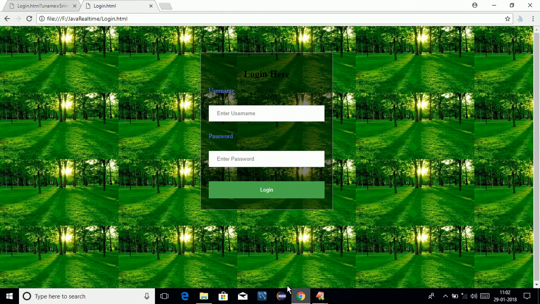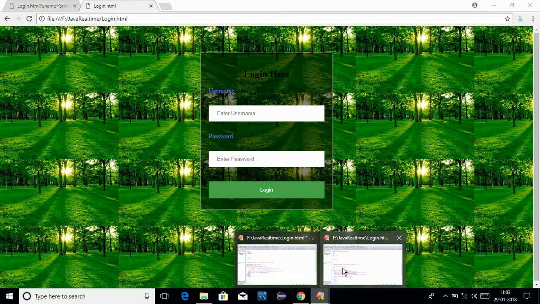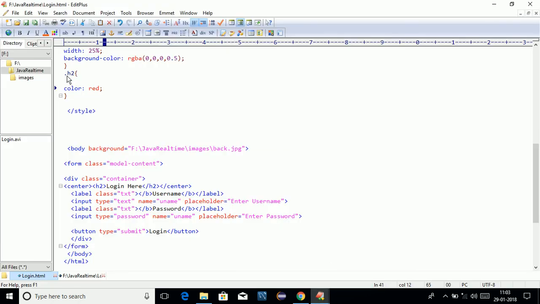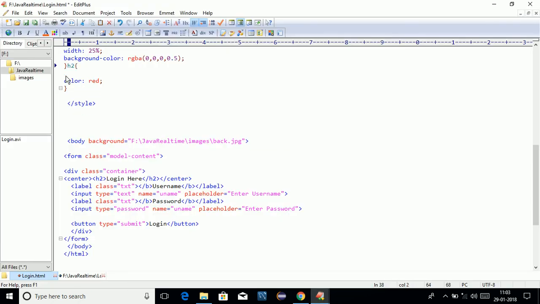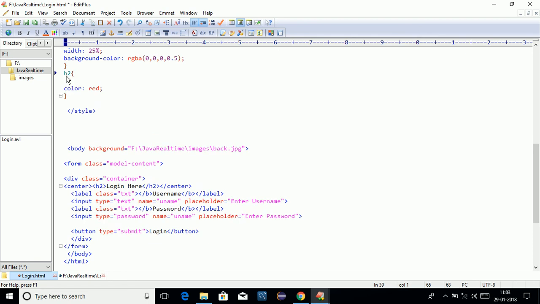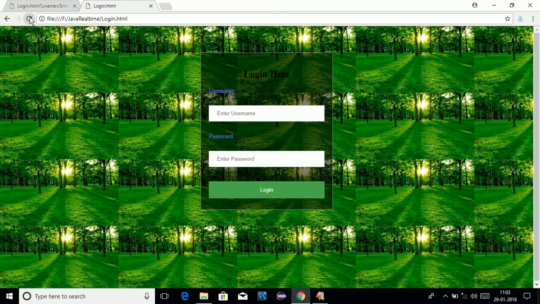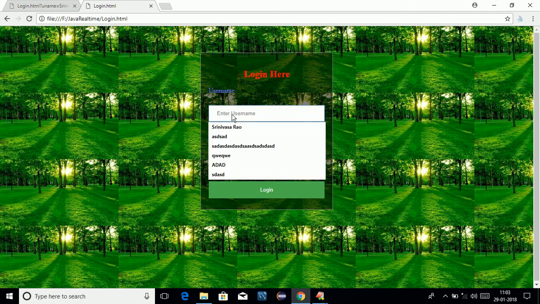Apply red. Here check now. Now the CSS is applied. So this is the label tag, this is the label, and this is the text box, and